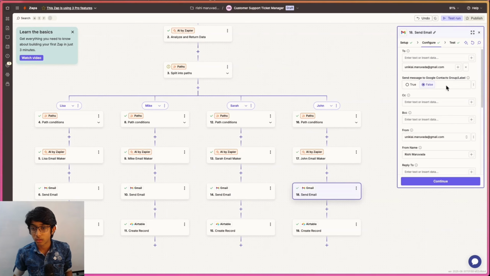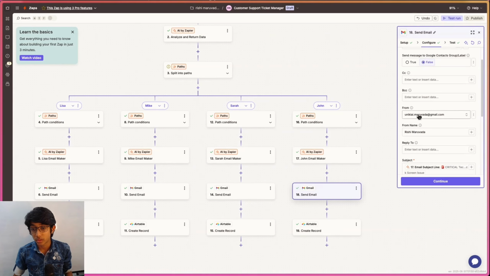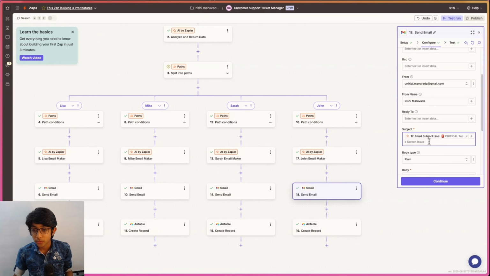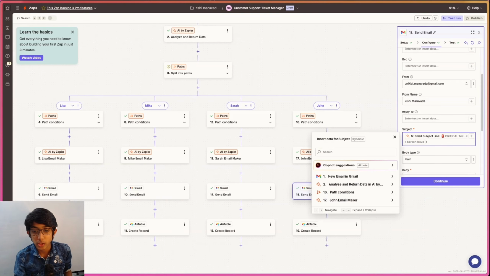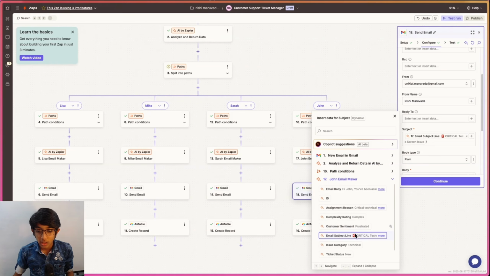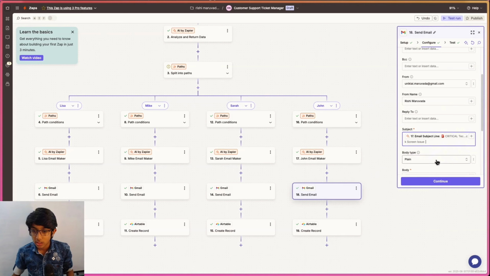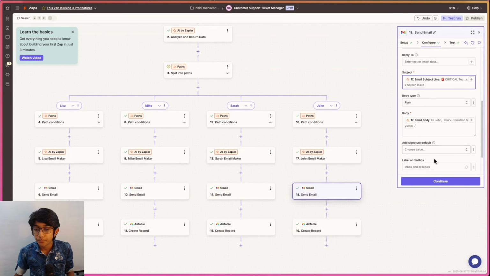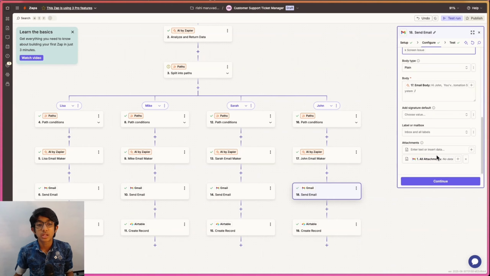And so there's from, just my email, from name. So who is it from? From me, in this case. And the subject would be, what we do is click slash, and then we do the John email maker block, and then we do email subject line. So these are all the output variables that are filled out. So body type plain, and then the body, same thing, but this time instead of subject line, we put the email body variable. And any attachments,